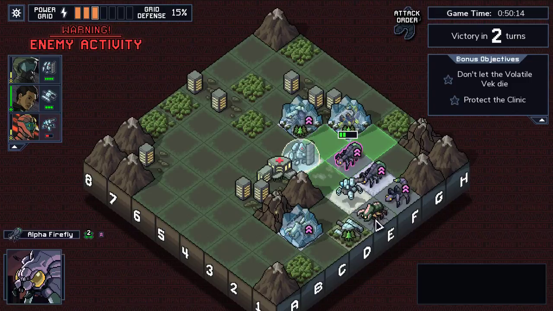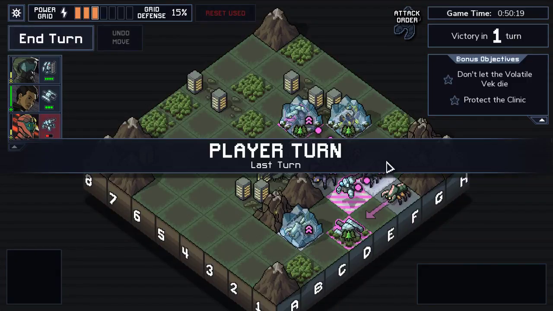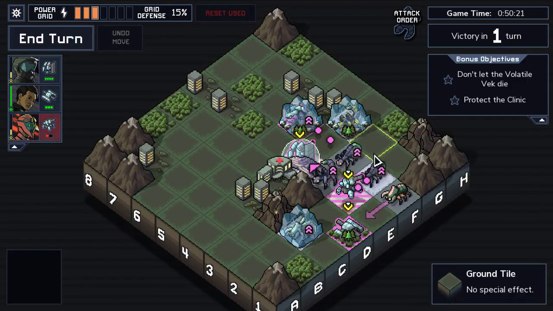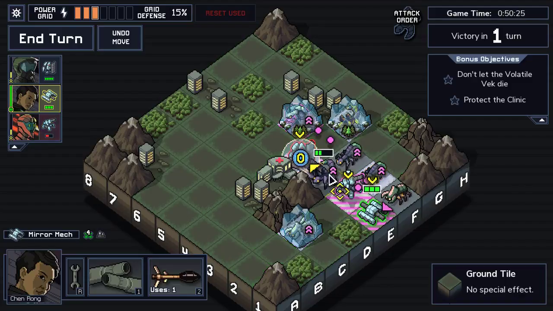Another alpha firefly, and then an alpha, and then just a normal beetle. Okay. That's all kind of shitty. You guys are all at 2. I'll be honest. If I, like, cannon him, he'll die and move him to the side. I'm going to turn him around, and then...